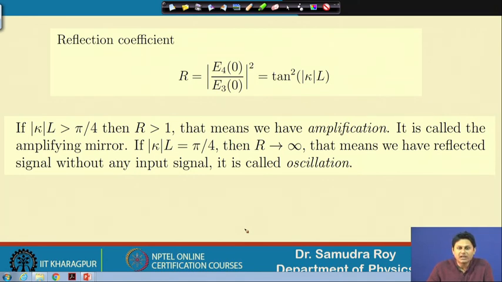But the important thing is that you can have a reflected wave with just opposite phase. So, this is really a phase conjugated kind of wave. So, using this four wave mixing, we can have the conjugate wave, and this conjugate wave is very useful in order to remove distortion and this kind of thing. So, the physics we have understood today, and there are several conditions. In one condition it is reflected, in one condition it is oscillated, and in one condition it is even amplified. So, amplification is also possible. This is an added advantage because of this nonlinearity.